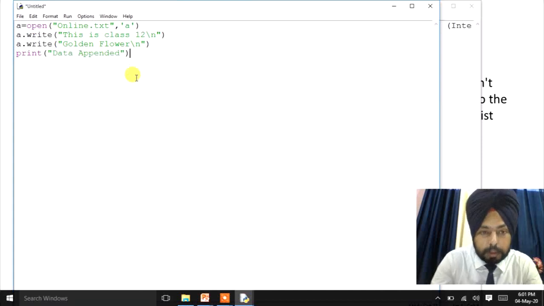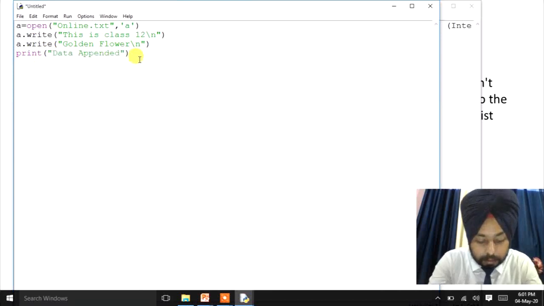Clear? This line is not compulsory. Then we'll close the file, a dot close, then the bracket will be closed.